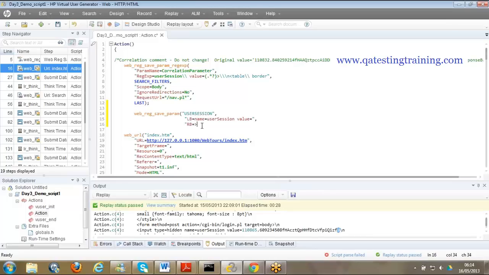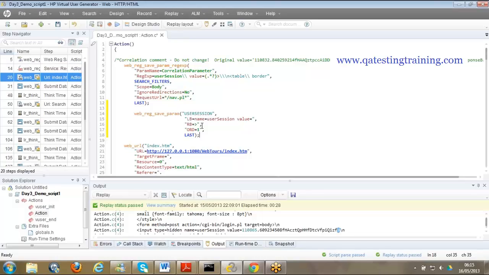Left boundary is equal to, so you have to end with a comma, right boundary is equal to. You have to copy and paste it, don't just see and write, because it might give you an issue later. So we just copy and paste what you are able to see in that particular thing. One, comma,